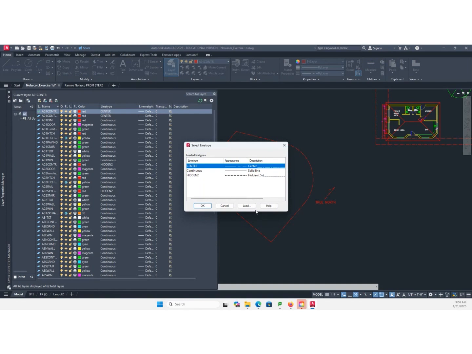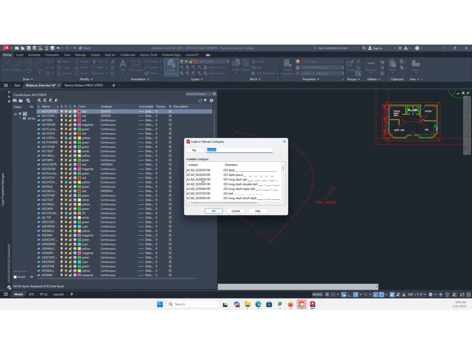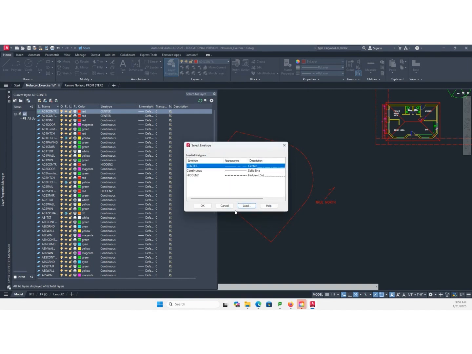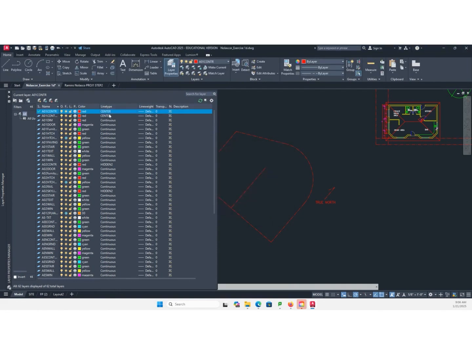If it's not loaded, you want to load the center. Again, ACAD, ISO are used for metric. You go down, you'll find the center. You load that. Once loaded, you can then select that and then say load or okay. And you should have center as your line type. Double click on it to make it current.